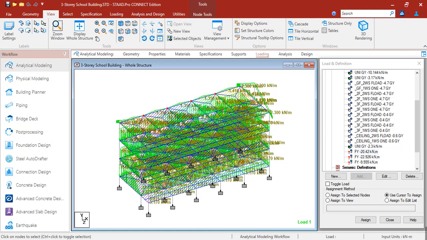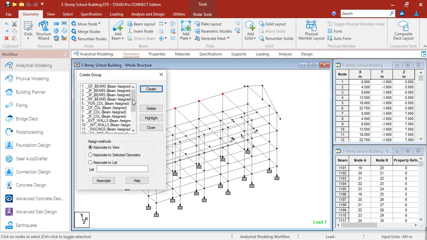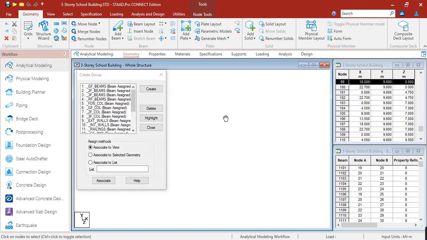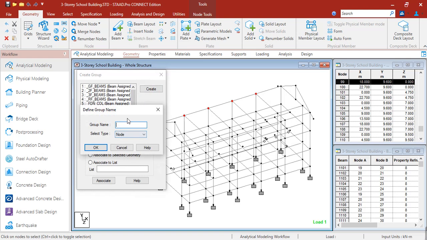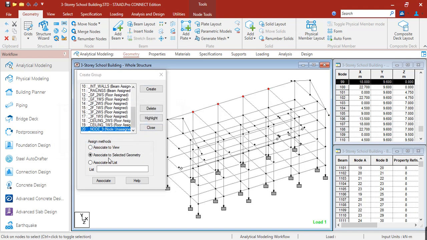But if you're confused because of these loadings, you can go to geometry, then create a group for this one. So select create, group name is node 9, then select type is node, then click OK. Okay. Then assign to selected geometry.